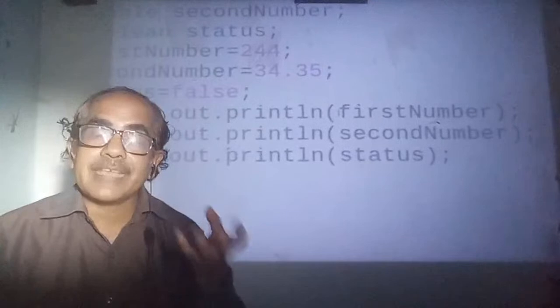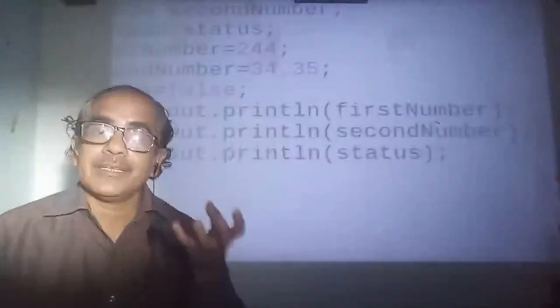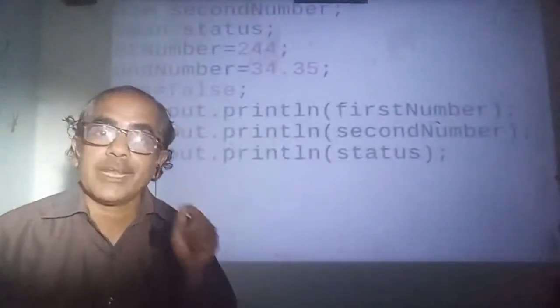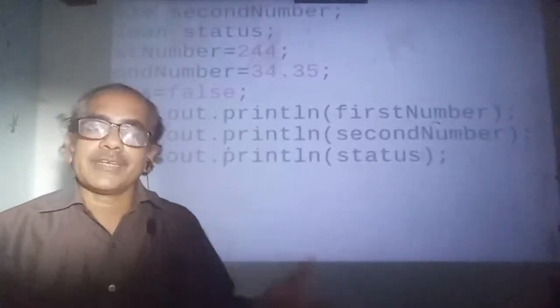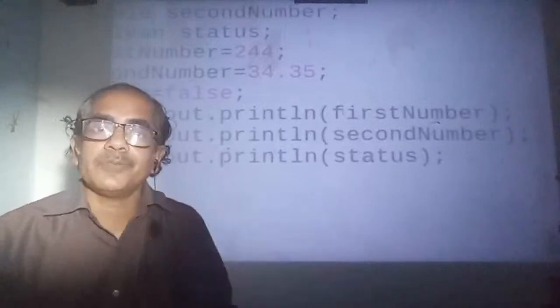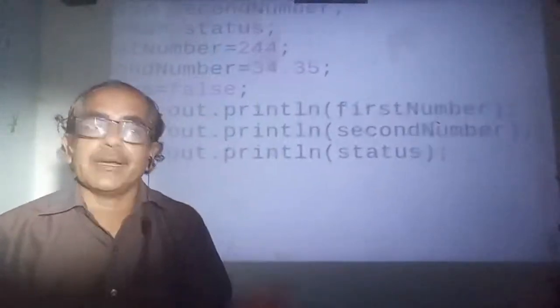First number is holding the number 244, and whenever you are telling print first number, then let 244, print second number, then let